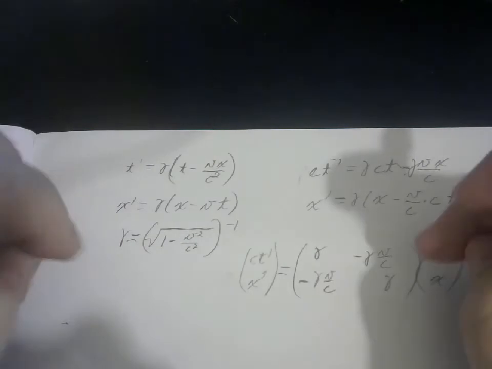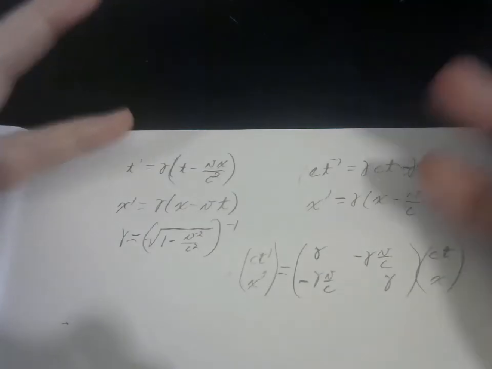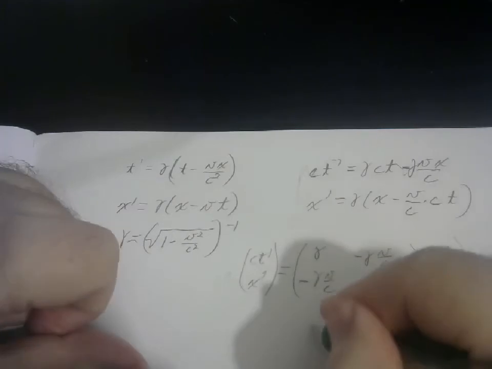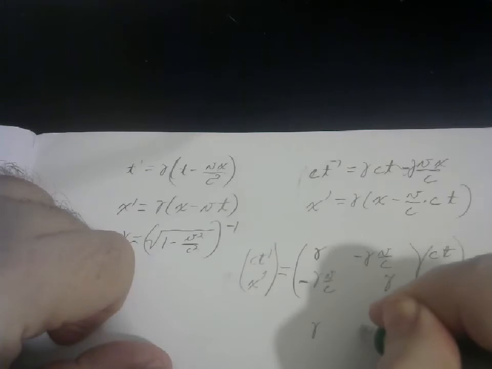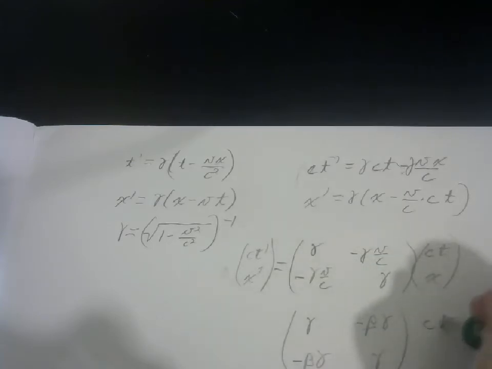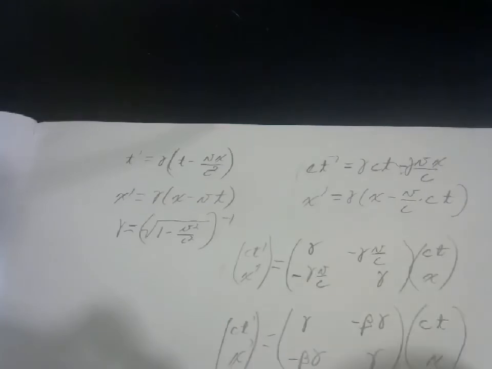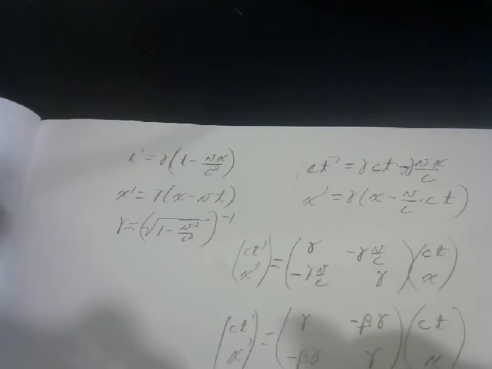What I'm going to do now is take v over c. I'm going to just call that, it's a proportion of the speed of light, and name that variable beta. So this is gamma, negative beta gamma, negative beta gamma, and gamma. And then I'll have ct and x. This is one of the ways I have it memorized, and then we'll check that this gamma is 1